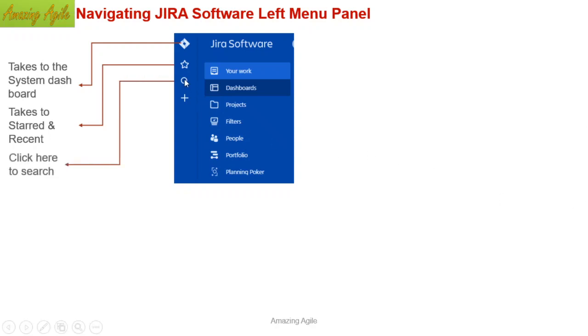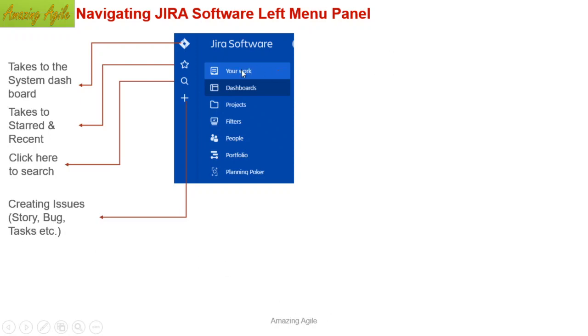The search option allows you to search any project, any story, anything. Next is the create button. The create button will allow you to create any issues, that is story, bug, task. I just wanted to tell you that anything you are creating in Jira is called an issue. Issue does not mean the actual issue you are talking about. You are opening a story, creating a bug, creating a task or epic, all are considered issues, and these are called issue types.